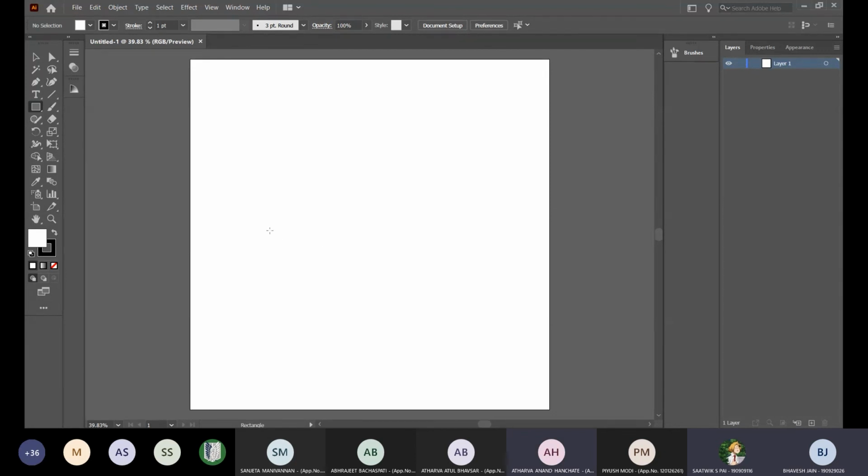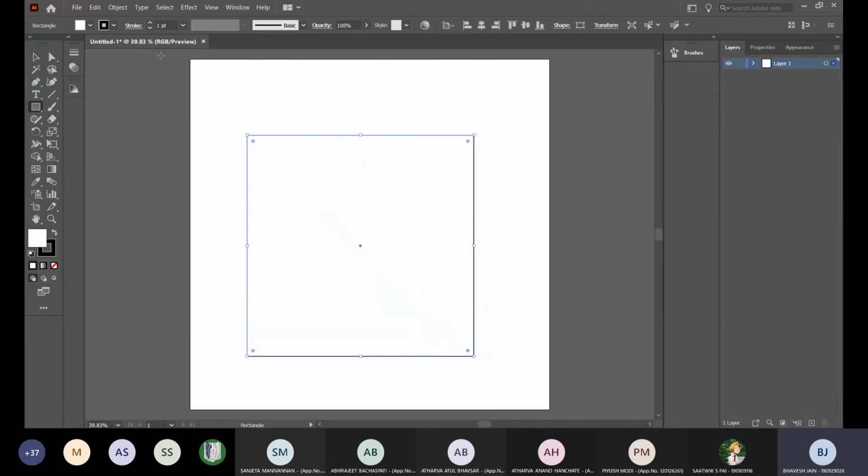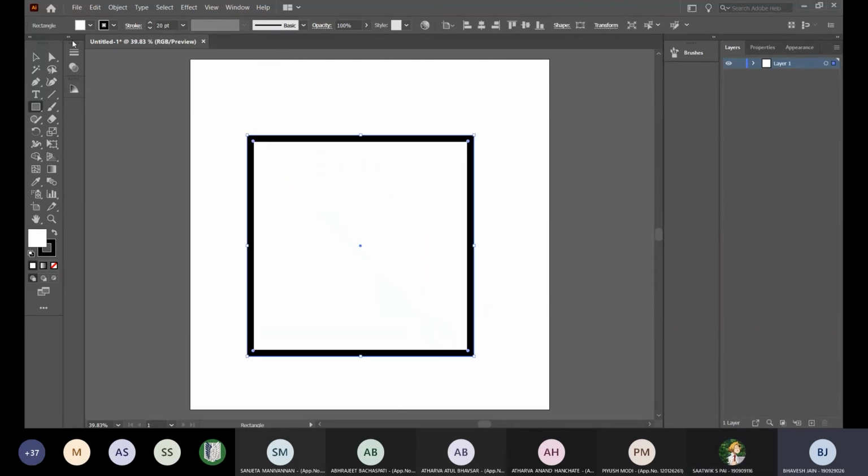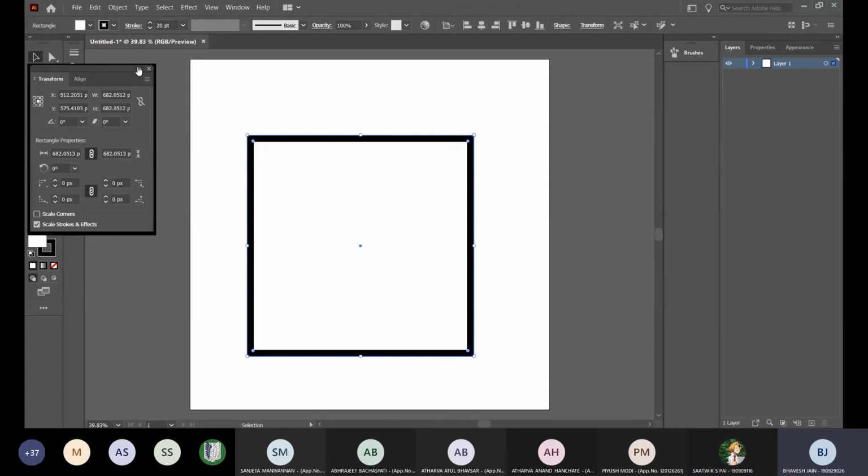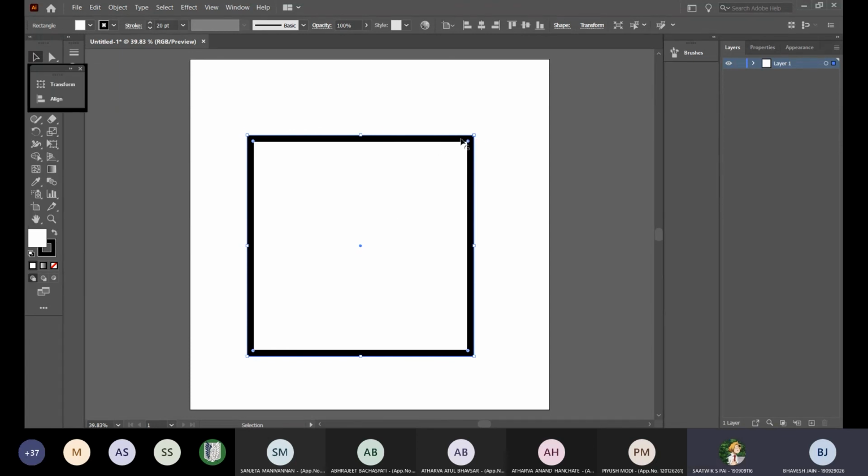It's a topic for tomorrow, but I thought I'd give you guys a sneak peek since we have a bit of time. So I draw a square and let's give it a bit of stroke so that you guys can see it clearly. Okay, so the square is here. I click on the square, your circles are there. What I do is I double click on the circle. Oh, I clicked thrice. Sorry. I double click here.